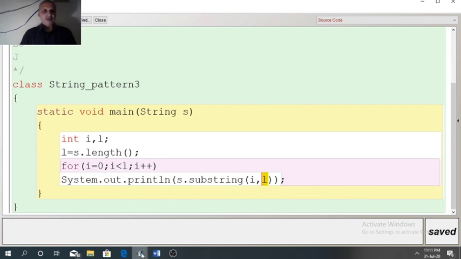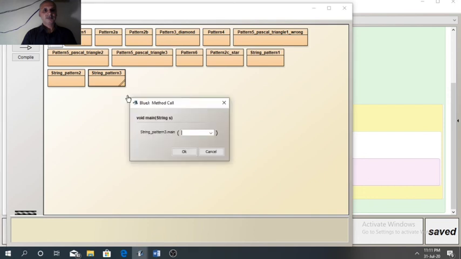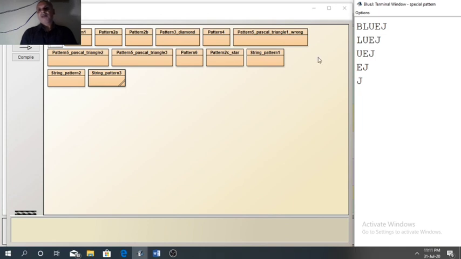Now we will see the result of this program. BlueJ is typed here as the input. Now you can see we have got the result.